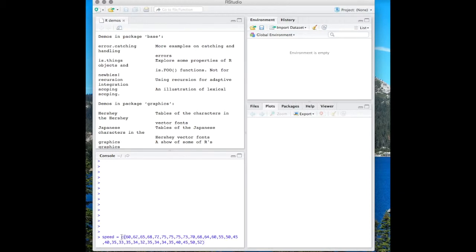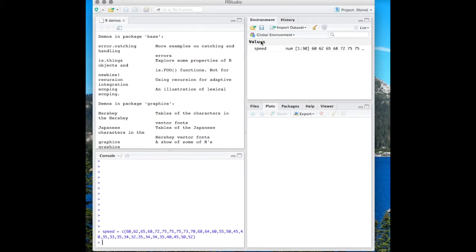Now this little c out in front is important. It tells the computer that what I'm about to type is a list. I'm going to tell you all of the entries of the list in order, and I just want you to hold on to it. So now you can see when I hit enter, if we go up and look